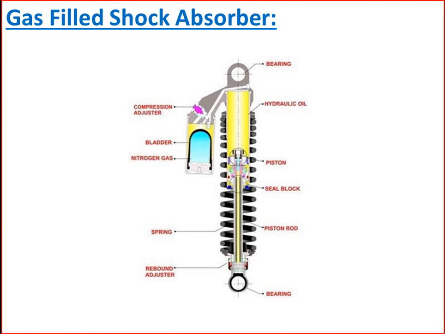So the next type of shock absorber is the gas filled shock absorber. It prevents foaming and bubbles in the oil, which degrade shock absorber performance, which is also a disadvantage of the telescopic or hydraulic type of shock absorber. A gas filled monotube shock has a chamber of high pressure nitrogen above the oil chamber. This high pressure of gas makes it difficult for bubbles to form in the oil, even when the shock absorber moves in and out very quickly, as it might while traveling rapidly on a very rough or washboard road.